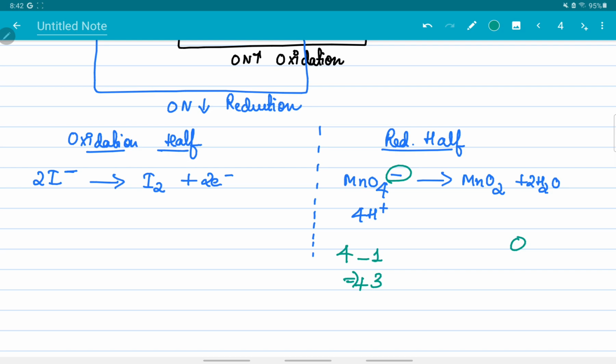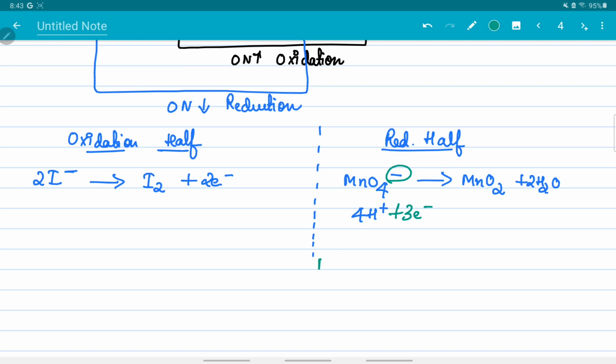Now what does this mean? It means that the left hand side has lost 3 electrons and the right hand side is neutral as it is. Now since our left hand side has lost 3 electrons and on the right hand side nothing has taken place, let us give back these 3 electrons to the left hand side. Okay, so we will add 3 electrons to this left hand side, so that the 3 electrons that LHS has lost, it will get back and it will become neutral. Okay, that is how we have balanced it.